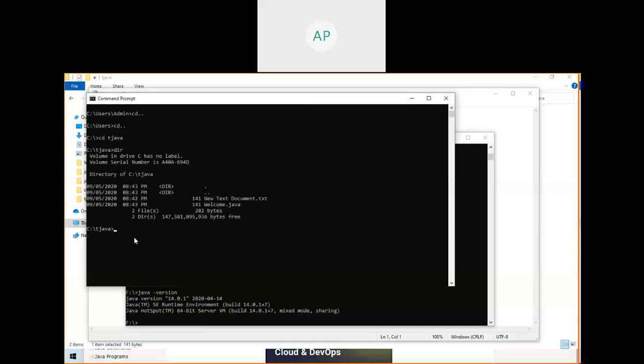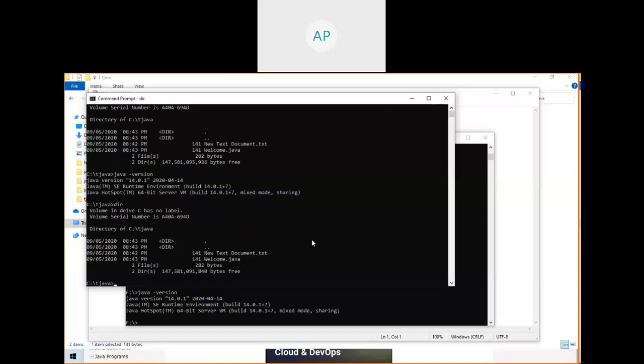If you want to compile, first check whether your Java is installed and your path is set. In order to test that, type java -version. If you get something, your Java is installed and your path is set, by using either temporary or permanent. Temporary means when you close this command prompt, everything is destroyed, and when you open the command prompt again you need to set the path. Whereas if you do it using Windows, that is permanent. Understand? If you are not able to get it, you can call me.